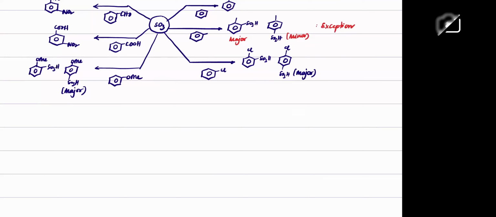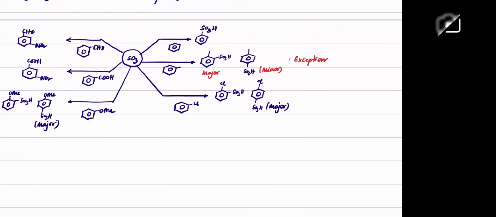Now this exception is not valid here. The major now will be only this one. Para is only major in this case. Same way here, if you have it at para position, you will again get this as SO3H, and here also you will get this as